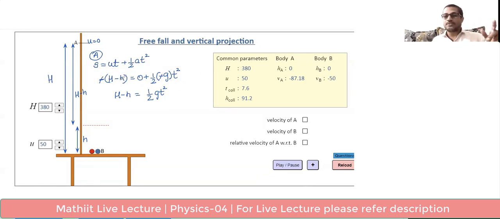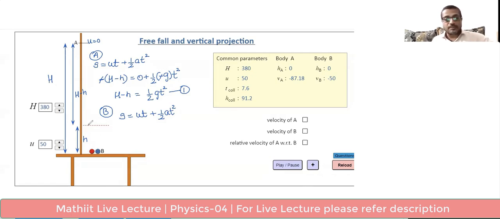Minus of capital H minus small h because the body is going down. Minus G, of course, because acceleration due to gravity is down. Call this equation 1. Now let us use the same equation for body B. Which equation are we using? S is equal to ut plus half at square. So if I use it for body B,